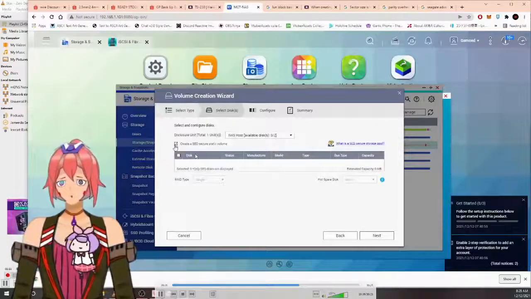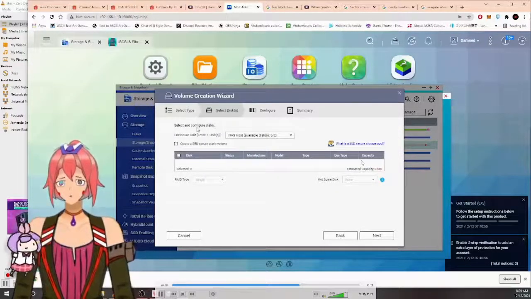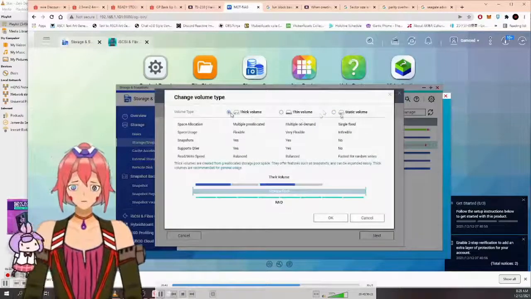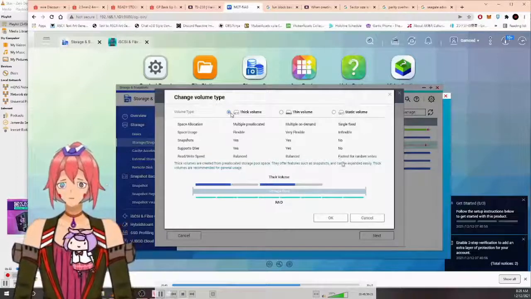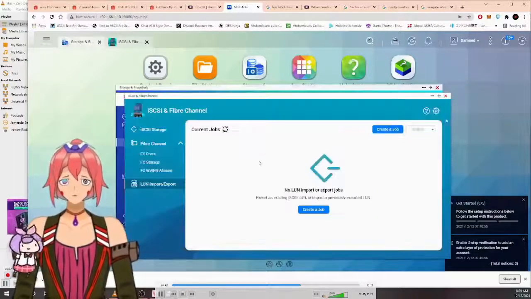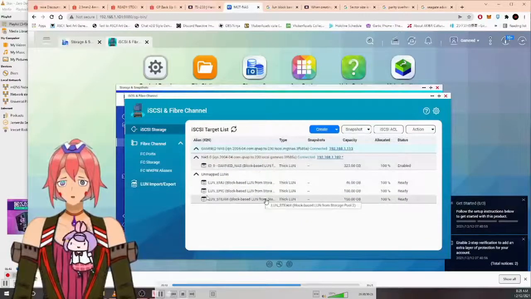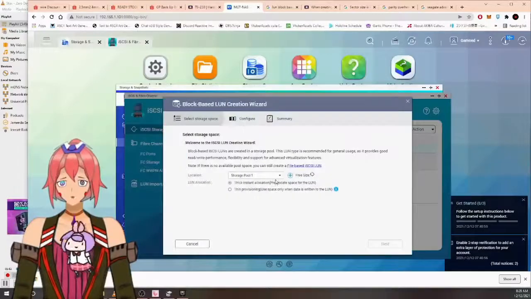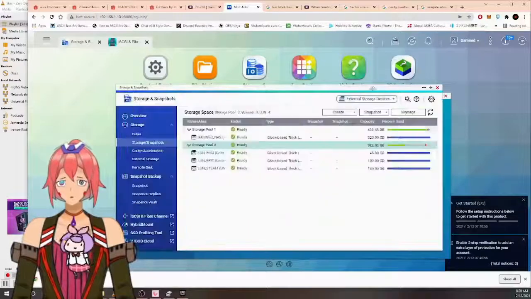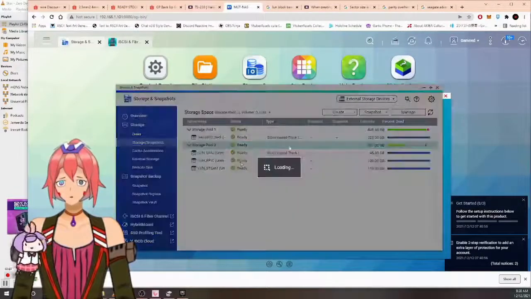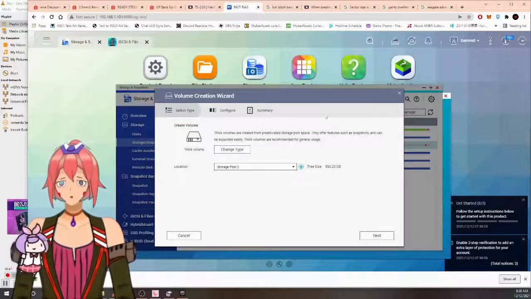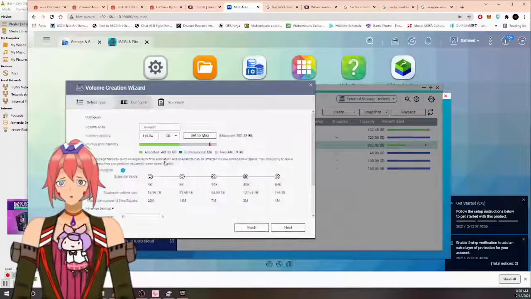but there's no disk detected. And then I realized that there cannot be any mix of volume types. So it must be the same volume type. I'm going back to storage, create a new volume, okay, on storage pool 2, and then click next,